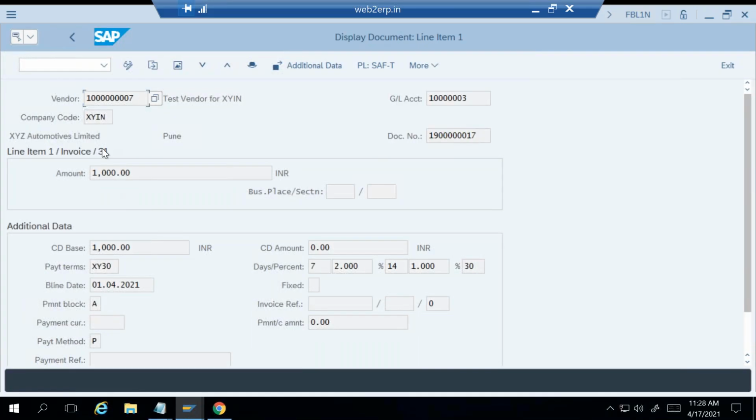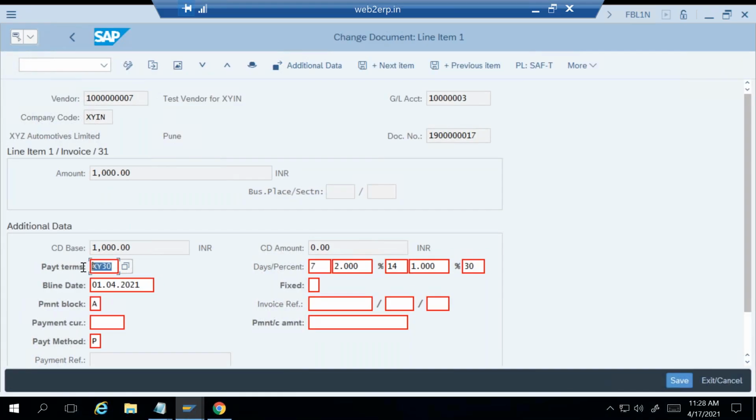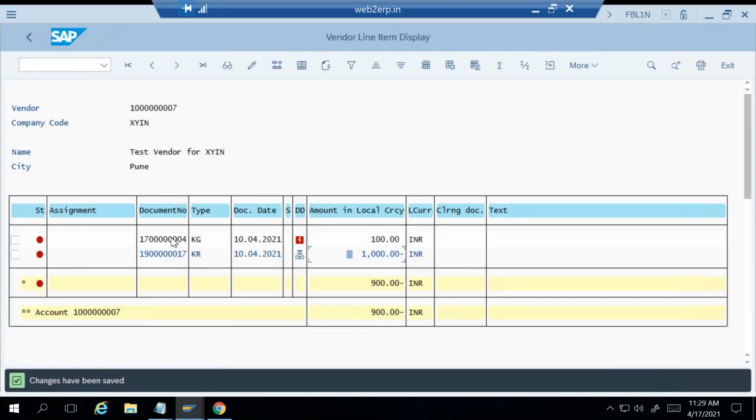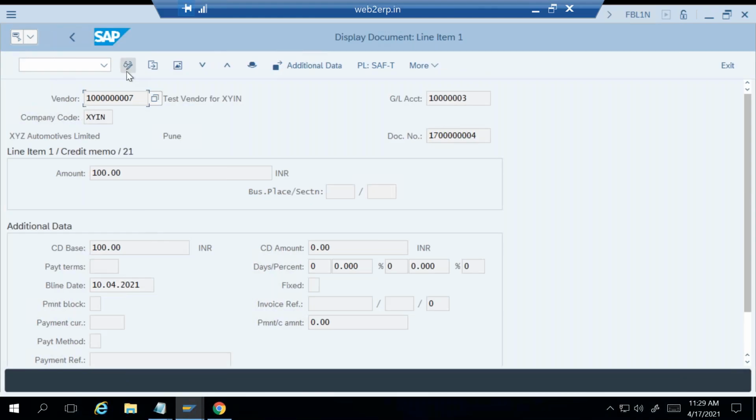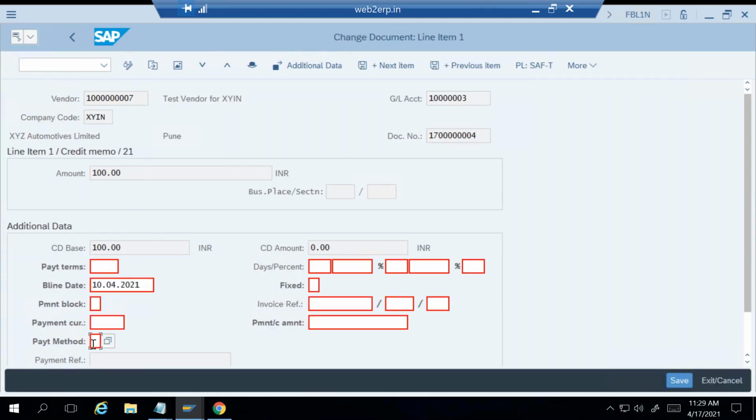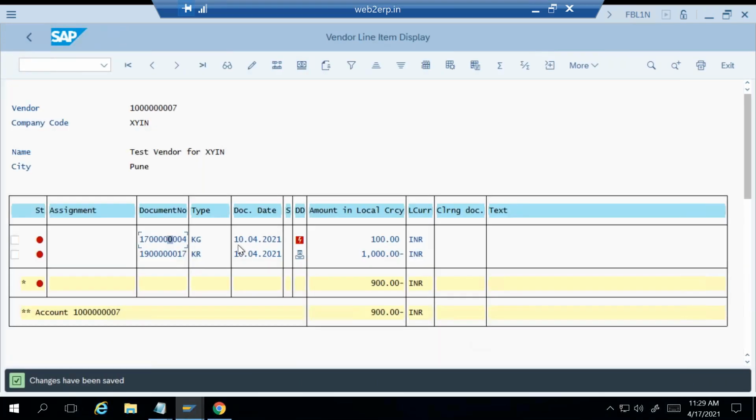Okay, in this invoice, I will quickly remove all these things to avoid confusion. So my payment block indicator also I want to avoid, and payment method I want to make it I. Save it. Okay, and similarly the credit memo also, normally credit memo doesn't have the payment method, but if I enter, it will be considered in the payment run,